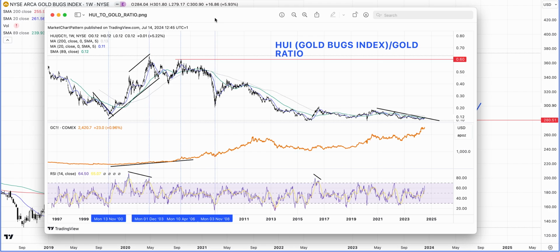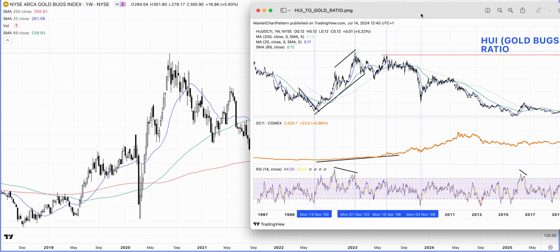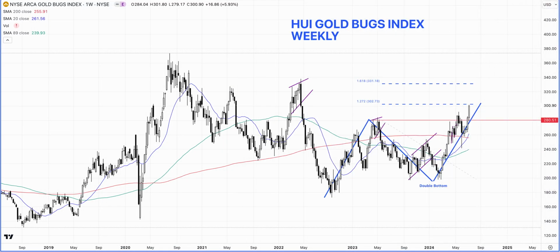Alright, so now we'll begin to take a look at some of these individual indices from a technical perspective. So here we go, we have this chart of the gold bugs index. This is the weekly chart. We were watching for this ABCD here, which has pretty much completed, but look how strong this market is. In fact, you can see on a weekly basis, and I'll show you a chart of gold itself a little bit later on, that the miners were actually stronger.